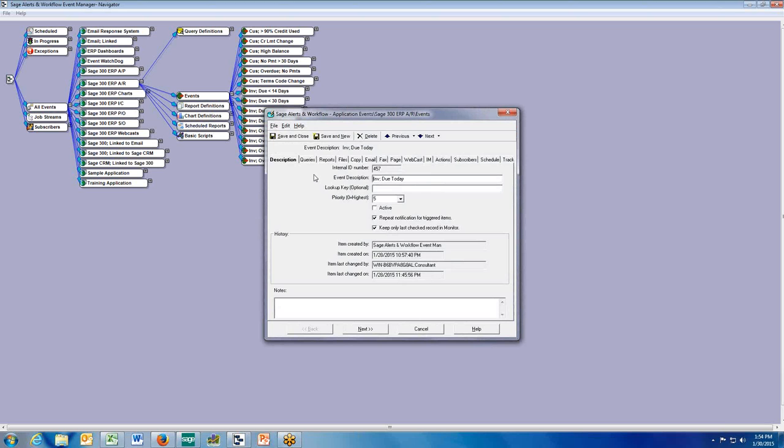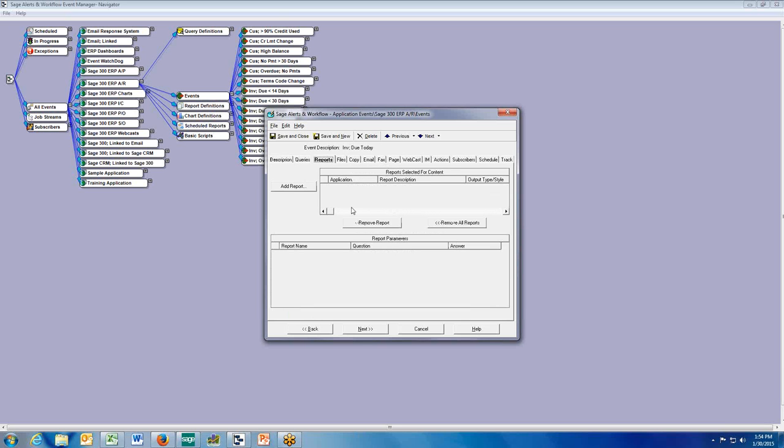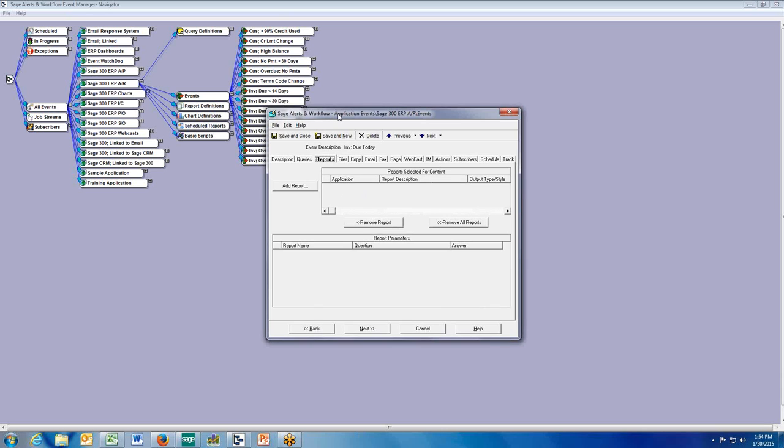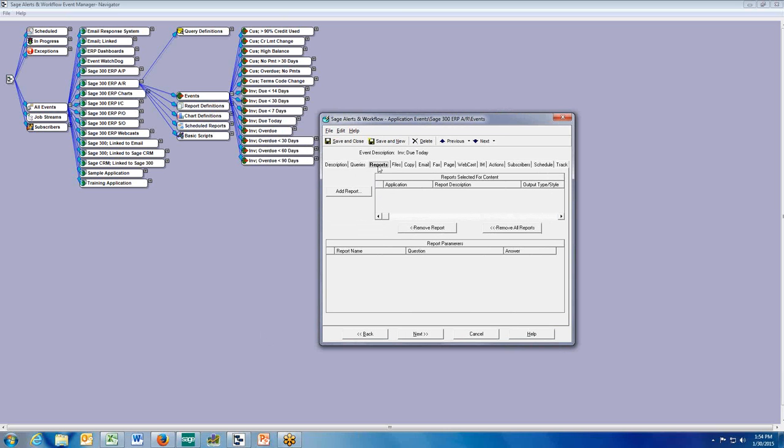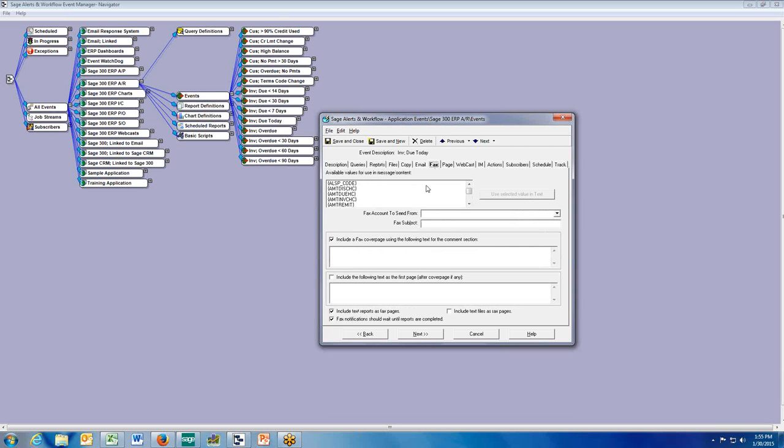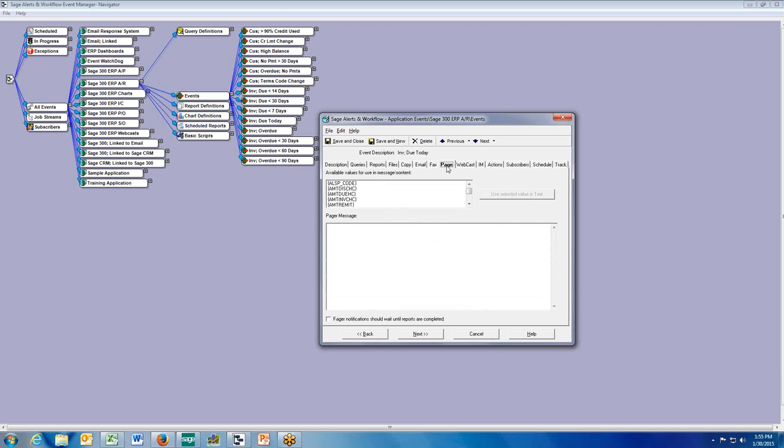So what I do is I build this event definition. And the event definition allows me to do a lot of things. Sage Alerts and Workflow has access to Crystal, just like Sage does. So I have the ability to add reports in here. And I can have those reports actually filed on my server, or I can attach them as emails. So if I'm sending a notice to a customer about a past due invoice, I can actually send the invoice along with it. I have the ability to send emails. If I have access to a fax server, I can send out a fax. I can create a web page and put it on my intranet so that my